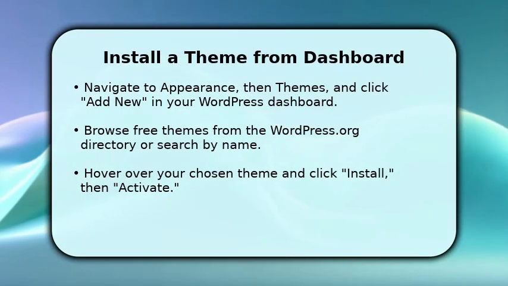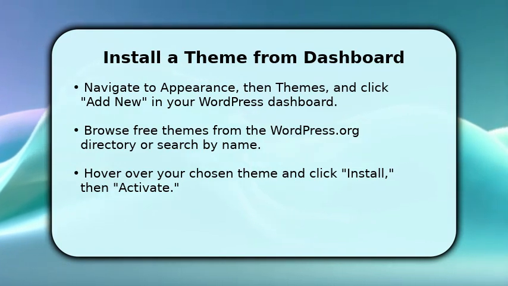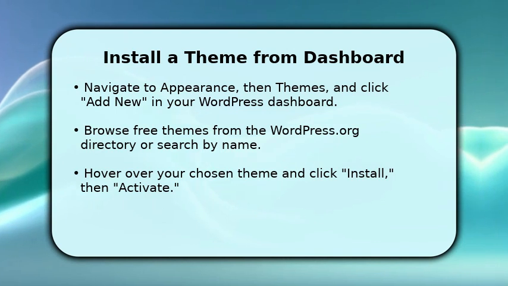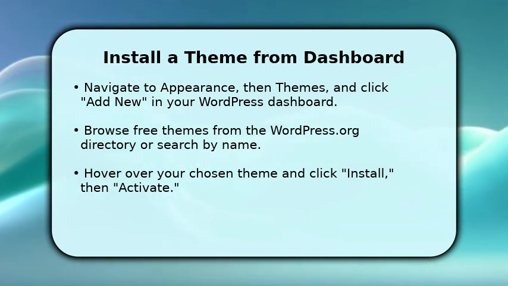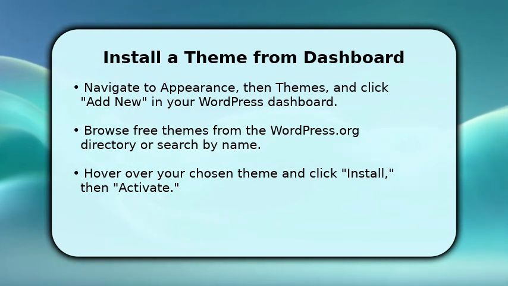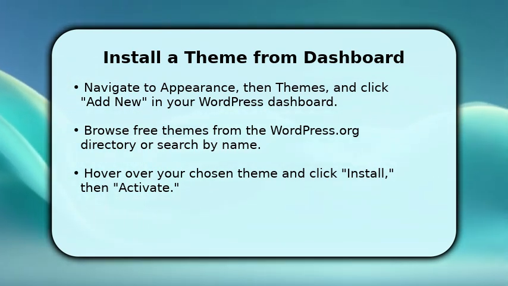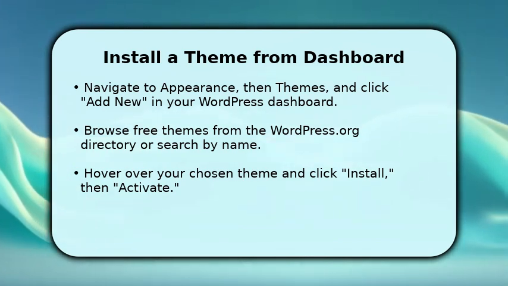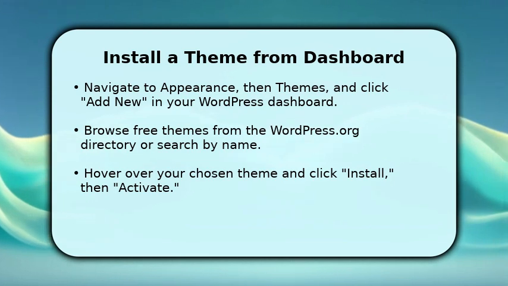The easiest way to add a theme is right from your WordPress dashboard. First, log in and go to Appearance, then select Themes. You will see an Add New button. Click it. Here, you can explore thousands of free themes from the official WordPress.org directory. Use the search bar or filters to find one you like. Once you've found a suitable theme, simply hover over it and click Install, then Activate to apply it to your